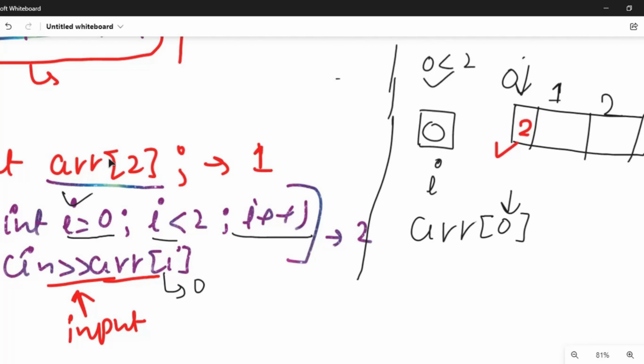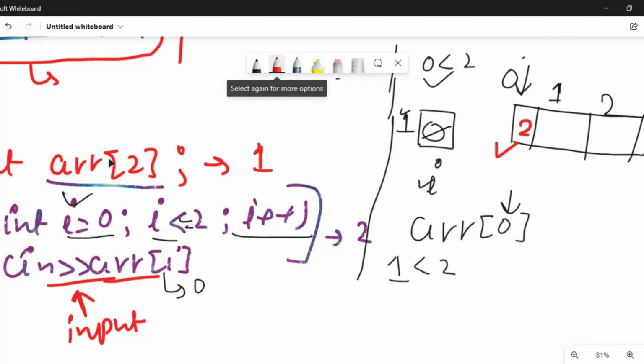Now the i value will be incremented, and from 0 the value will change to 1. Again it will check the condition, that is 1 less than 2. Yes, so here we need to use less than or equal to 2; I'll tell you why I have done that. So 1 is less than 2, yes, it's correct. Now inside i we have the value 1, so we are going to store the value at this position. For example, I have stored the value to be 3.